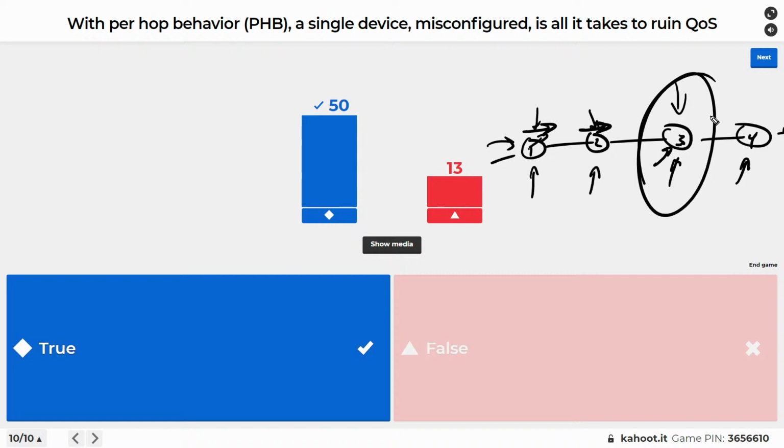Because this guy's like, I don't know, first in, first out, so I'm just going to send my traffic as it showed up. And if there are tail drops because the queue is full, sorry about that too. The priority traffic didn't get sent out first because I am not configured. So with per hop behavior with QoS, which is what CCNA wants you to be aware of, all it takes is one device to ruin it.